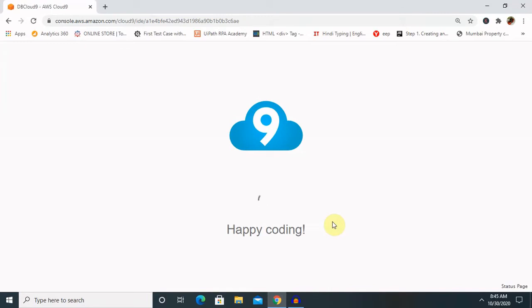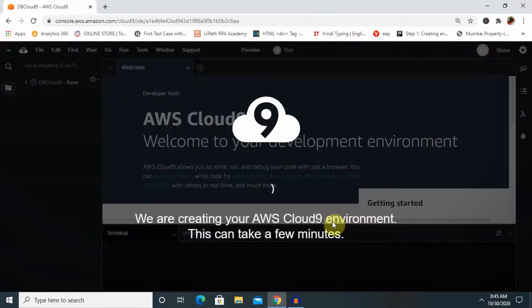Now it's loading Cloud9. It will take some time for complete configuration. So let's wait till our environment is ready. It will take a maximum of 3 minutes, and then your system will be ready to use.